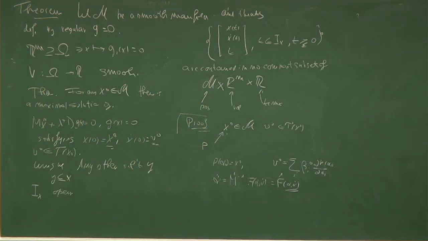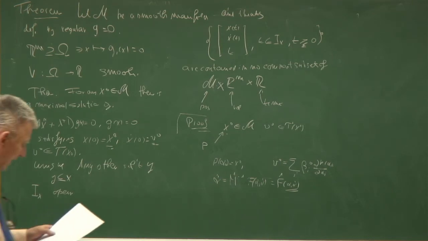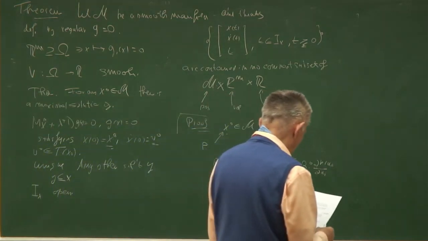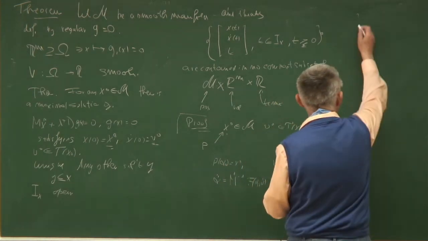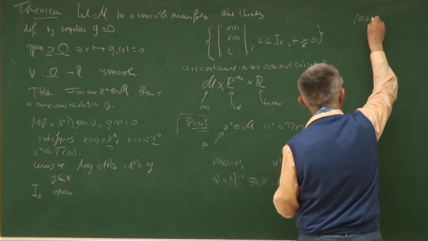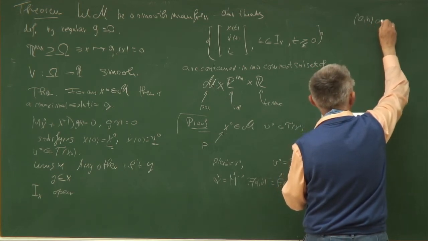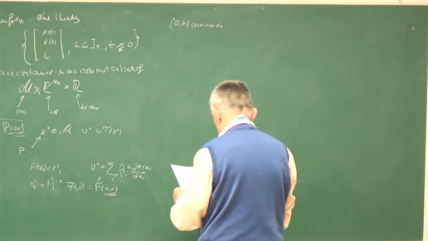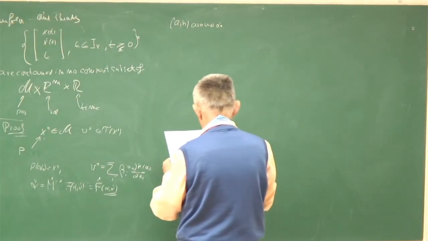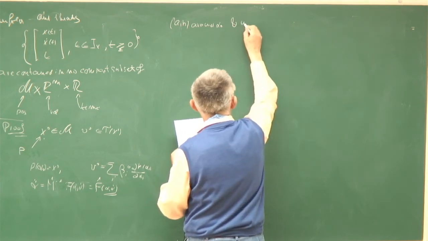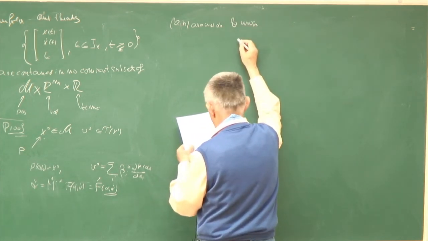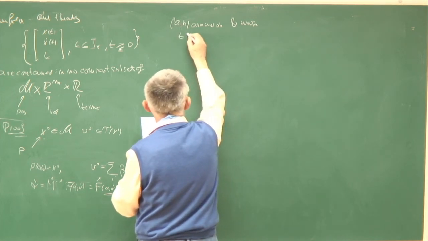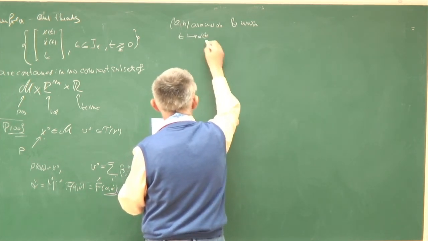So we have a standard theory which guarantees there is an open interval AB around alpha 0 and a unique function t into alpha t solving